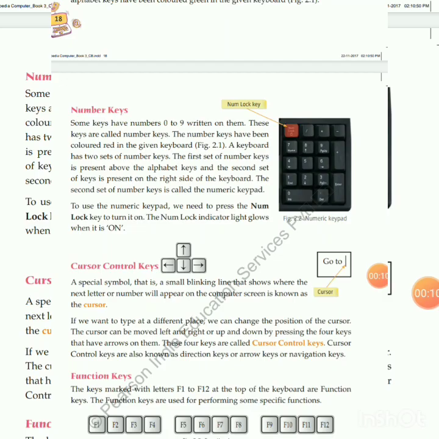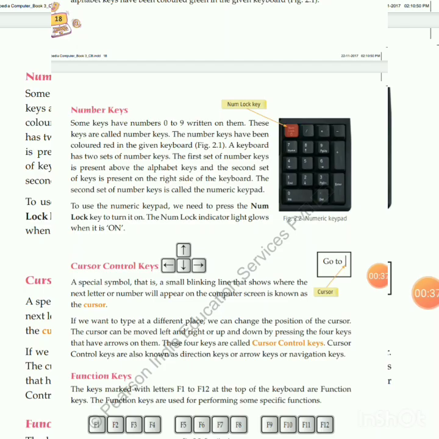F1 is used to open the help screen. F2 allows you to rename a selected file or folder. F3 is used to open a search feature for the application that is active at the moment. F4 is used in combination with the Alt key and closes the active window.